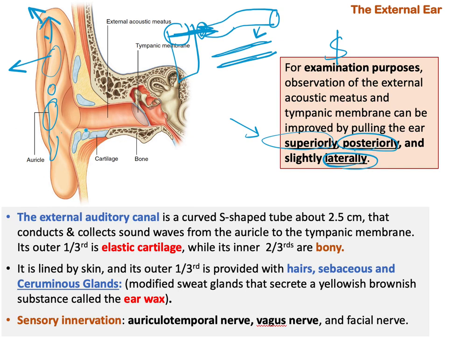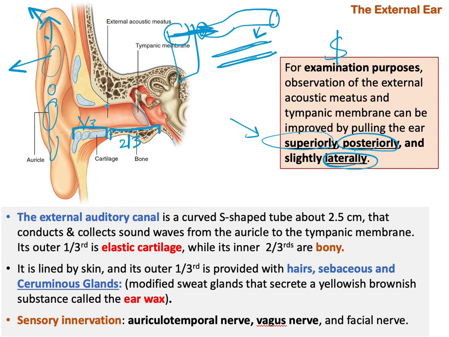That means you expect that the outer 1/3 of the canal, the external acoustic meatus, is composed of cartilage, right? The outer 1/3, while the medial 2/3, the inner 2/3, let us say, is a bony part, which is opposite to the Eustachian tube, right? Okay. Now, furthermore, if you look here at the skin,